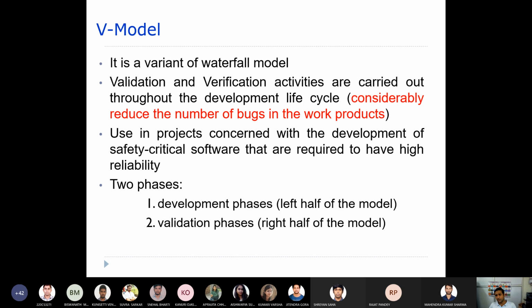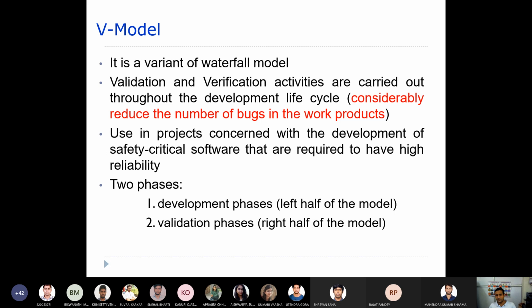That means it should be thoroughly tested, so there should not be any problem in terms of failures. That is the reason why the V model is suitable for safety critical software.